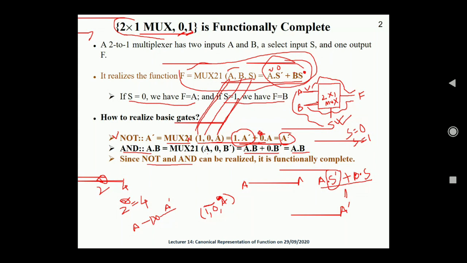using the 2 into 1 MUX when we are using 0,1 sequentially, not 1,0, 0,1. If I'm writing, I'm deciding this one because here we cannot write B input line and after that A is coming. We are going in sequence manner, A and after that B. So here I'm writing 0,1. So what happens if we are using 0,1 into 2 into 1 MUX, that time what happens? We can successfully produce the NOT gate. That is why मैंने यहाँ पे 0,1 लिया, ठीक है। और ये 0,1 नॉट गेट का भी करते हैं और AND गेट का भी सक्सेसफुली करते हैं।